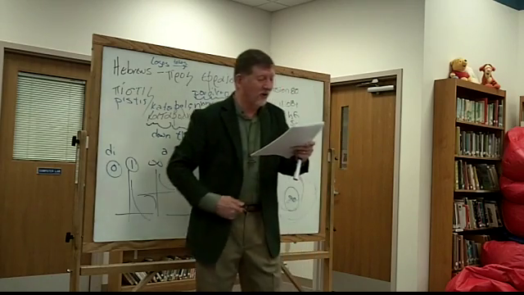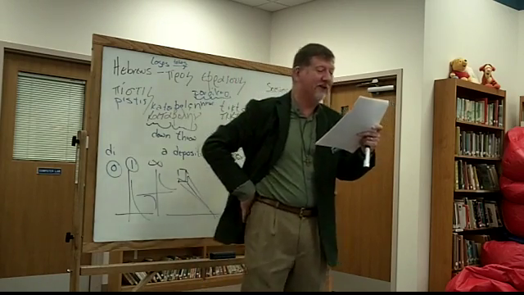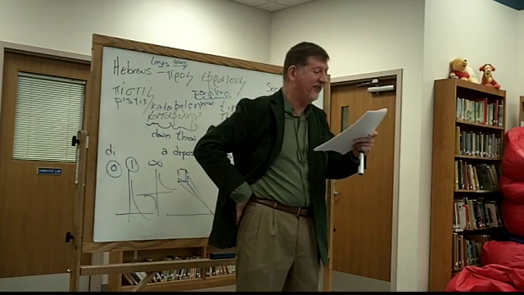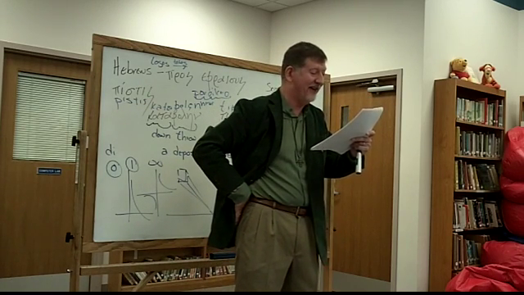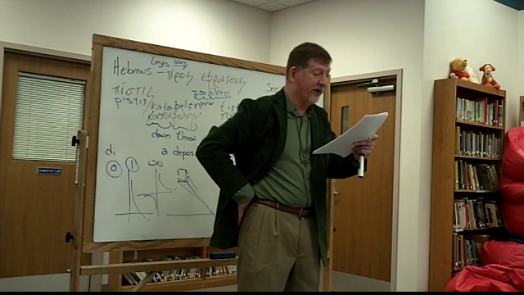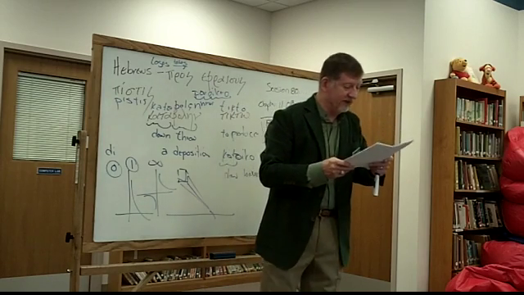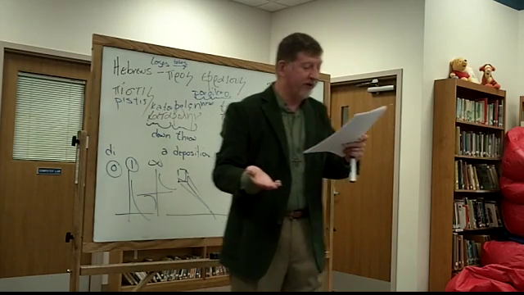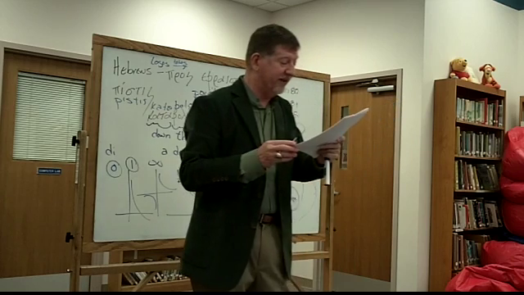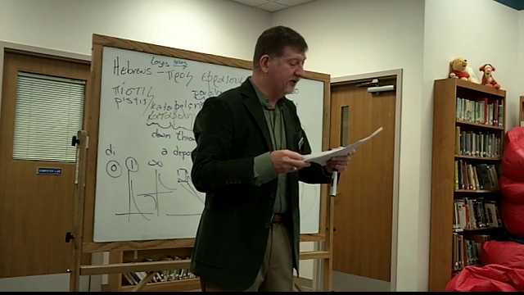In 18, the Lord appeared to Abram near the great trees of Mamre, where he was sitting at the entrance to his tent in the heat of the day. Abram looked up and saw three men standing nearby. He hurried from the entrance to his tent to greet them and bowed low to the ground. Verse 8 says, then he brought some curds and milk and a calf that had been prepared and set these before them. While they ate, he stood near them under a tree. Verse 9, where's your wife Sarah? They asked him. There in the tent, he said. The Lord said,